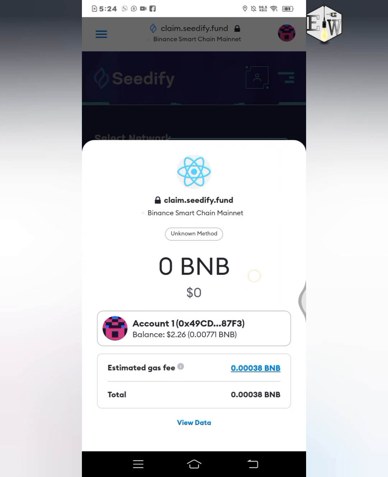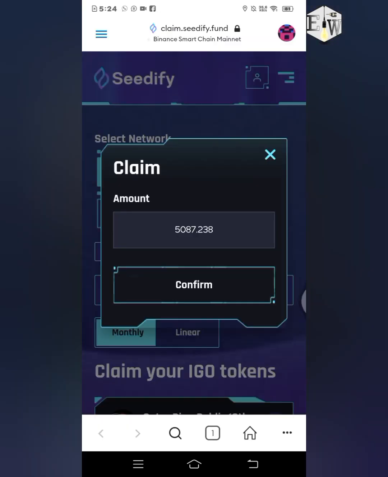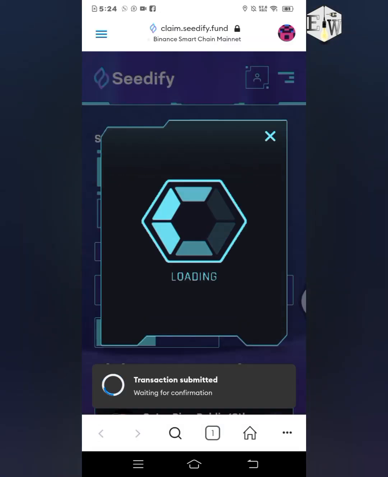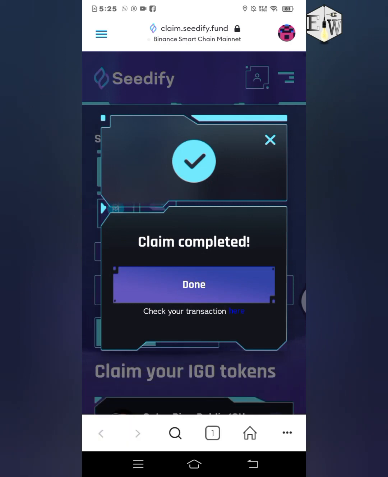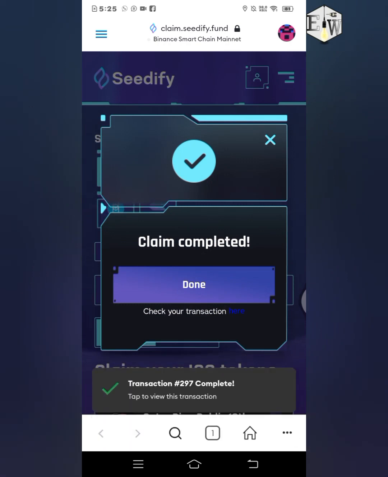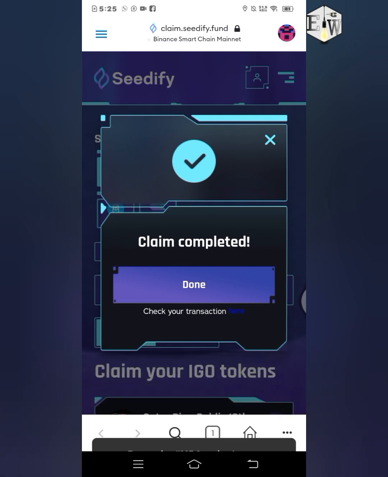So this is where I'll pay the gas fee for the claiming. So all I have to do is to pay the gas fee now. So I'll scroll down and click on this confirm. So once I did that, I'll wait for the confirmation to process. You can see that the transaction is submitted already. So you can see claim completed. So that's just a simple way for you to claim your SNFT, and that is all for the claiming of